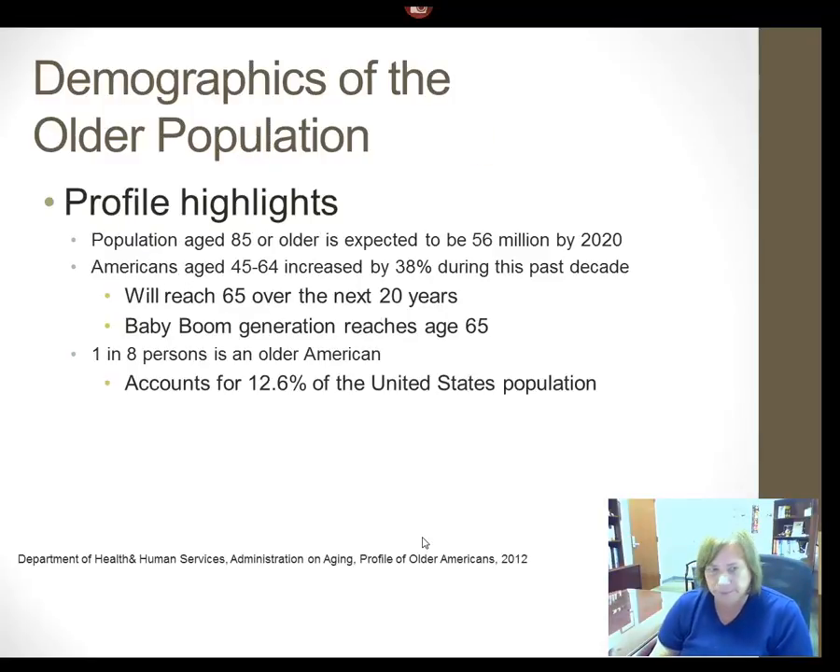course. Now we're going to be talking about the demographics of the older adult population. And we will